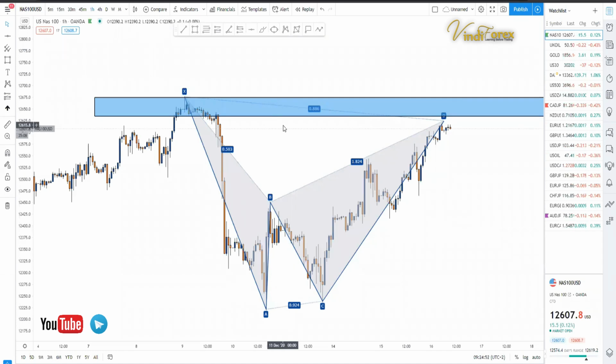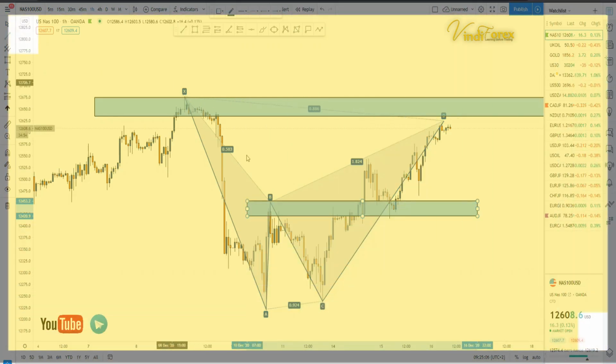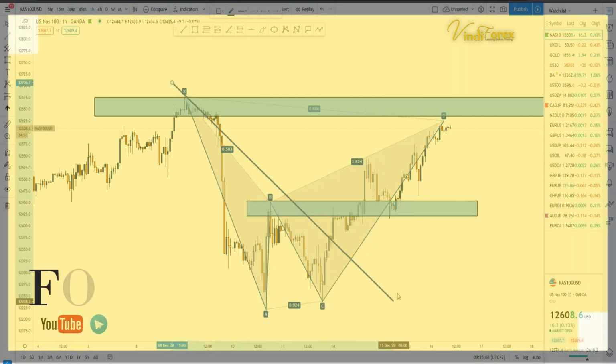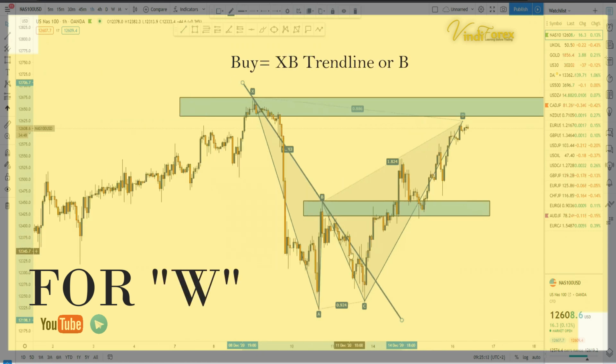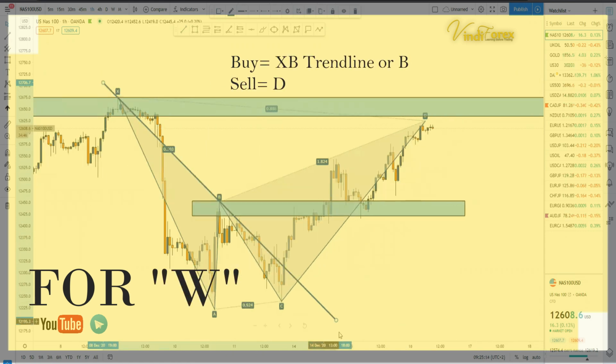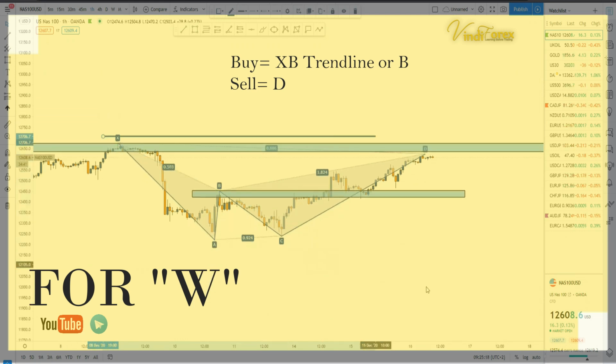But when are you going to buy? Now, the first one, the XB, that is where one can actually look for a buy. Or the B point, not the XB, the B point. And then now we can put the XB, X to B. Now, let me ask this question. Hey, Moon, would you wait for this thing to come back to the XB? You can, unless it drops, then it can reach. If we extend this XB,